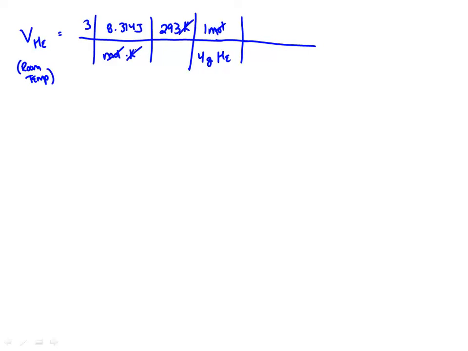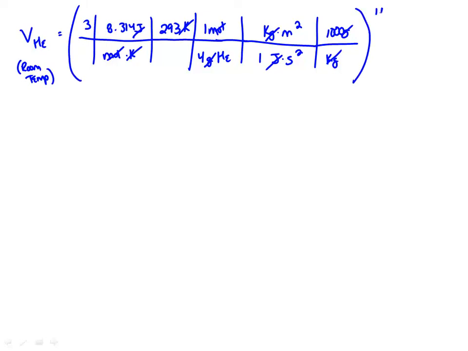We've still got joules and grams, and we know that 1 joule is equal to a kilogram meter squared per second squared. That's our definition of a joule. And so notice that then I can get rid of my seconds squared. I can get rid of my joules. And then the last step is I've got to go and convert between grams and kilograms. So now I can get rid of my kilograms and my grams. And so notice that the only units I'm left with are meters squared and seconds squared, which is good because I have to take the square root of that whole thing. And so if I take the square root of those units, that gives me meters per second, which is exactly what we would expect for the units of